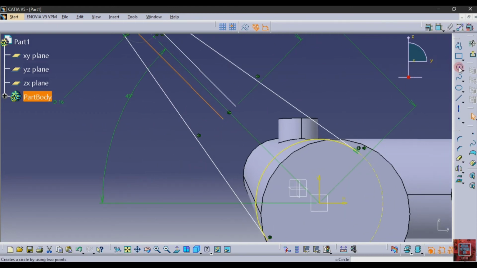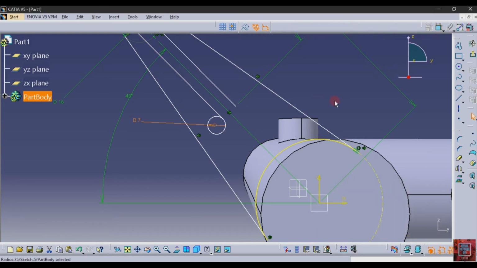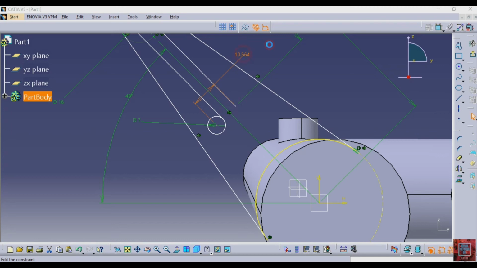Then select a circle and make a circle and give the diameter 7, then select this center point and this point and give the distance 3.5.